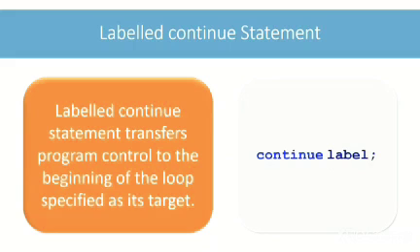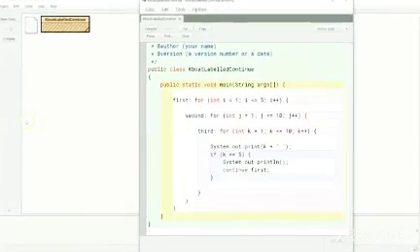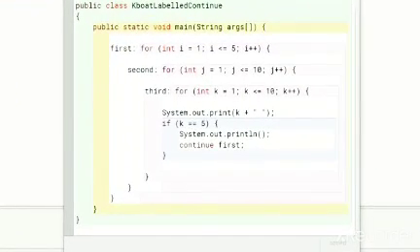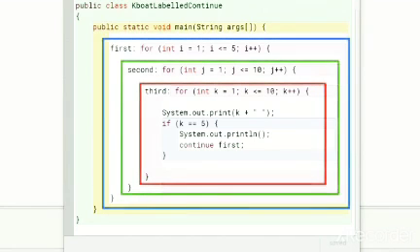Let's look at an example program in BlueJ to understand labeled continue statement. This program is like the labeled break statement program. Here we have three nested loops. We have labeled the outer one as first, middle one as second, and innermost one as third.